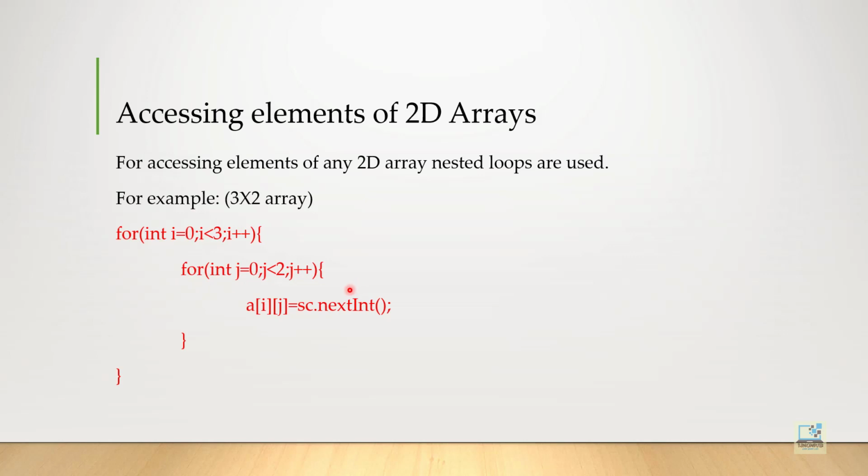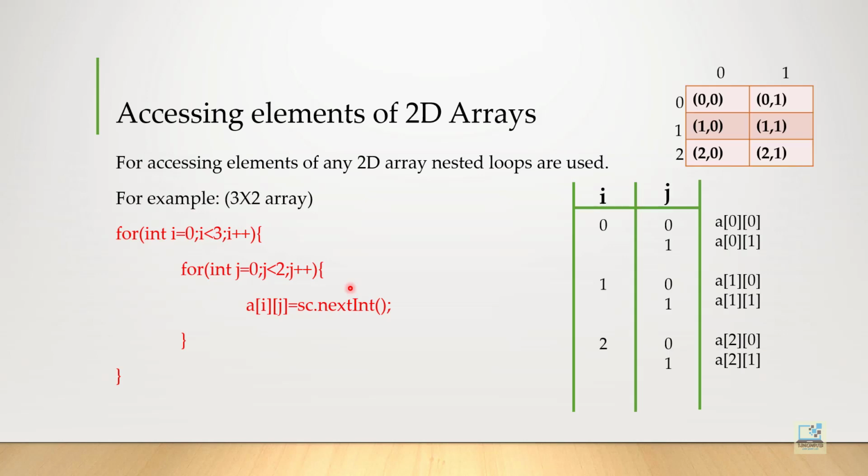Now how it is executing, I am showing you now. See this dry run part. The outer loop will execute one time, the inner loop will execute n times. The outer loop has the condition less than 3 and it begins with 0, so it will go like 0, 1, 2. But when it is 0, the inner loop will execute 2 times because the condition is 2, so it will execute 0 and 1. Means the outer loop will execute 1 time, the inner loop will execute 2 times.